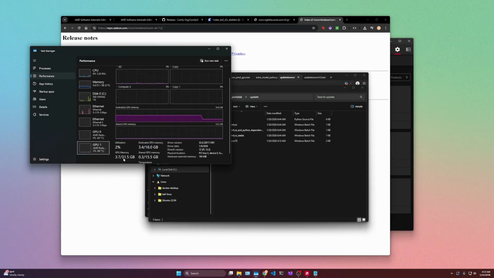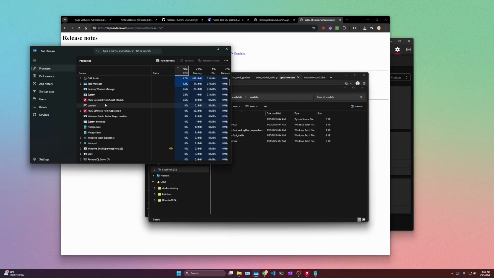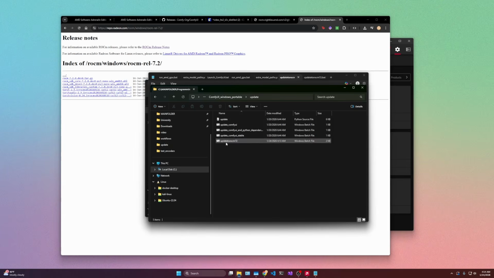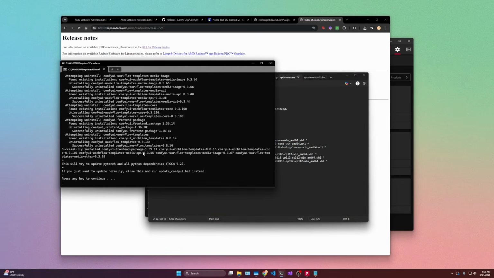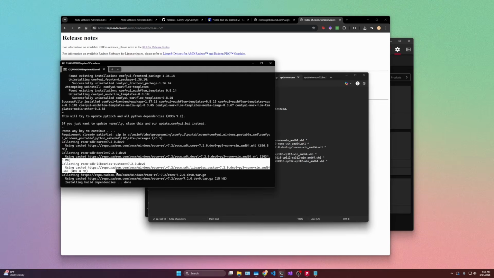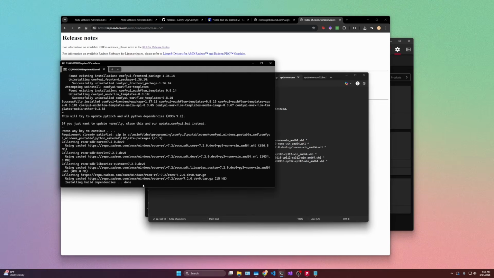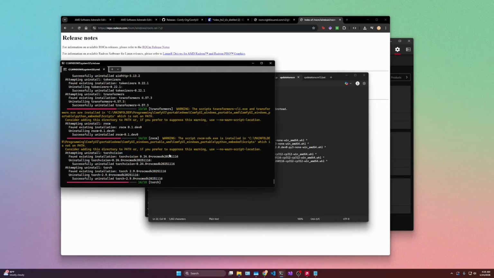Now that ComfyUI is closed, we don't have utilization in our GPU memory, and our memory is getting low. And we don't have the Python running over here. So I'm gonna go ahead and press update to ROCm 7.2. It's trying to install an upgrade pip, and then it's installing the modules needed from all of these links directly, as well as the local file, the requirements.txt. So it seems that it's paused, so let's just press enter. Now it's collecting the packages, and it's about to install. So while it's installing the new PyTorch with the new version of ROCm,